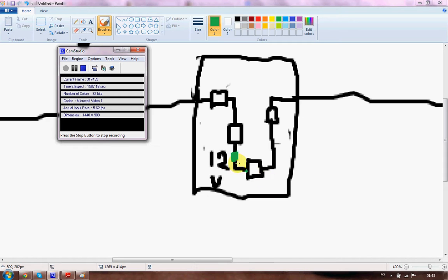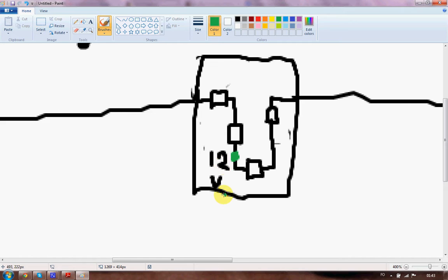If our service manual told us that we would expect 12 volts where the green spot is right here, under certain conditions, which we would then recreate, or under all conditions, and if there were 0 volts, then I would know that the breakage would be behind this spot, further back